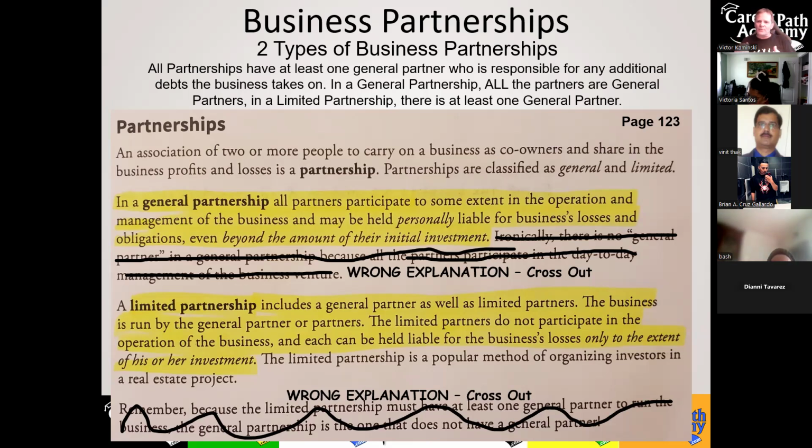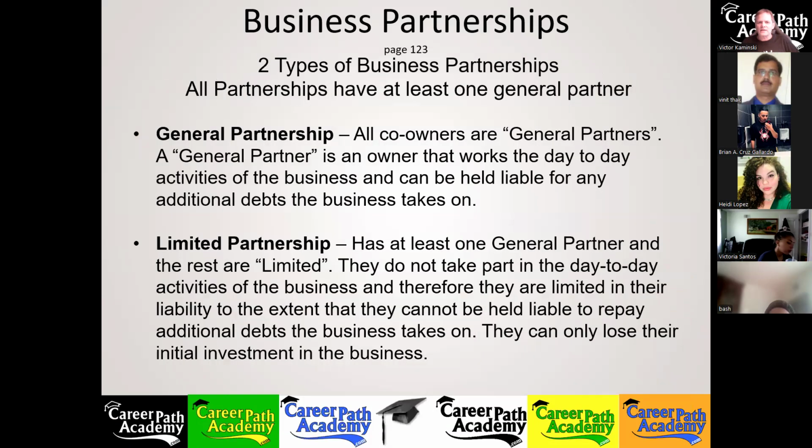But you could be held liable not just for the losses, but also any additional debts that you took on, like for all that equipment or stock or inventory. Everybody got these notes highlighted here? Got it. Okay. So this slide's probably a little bit clearer cut, a little bit neater. The study, about business partnerships.